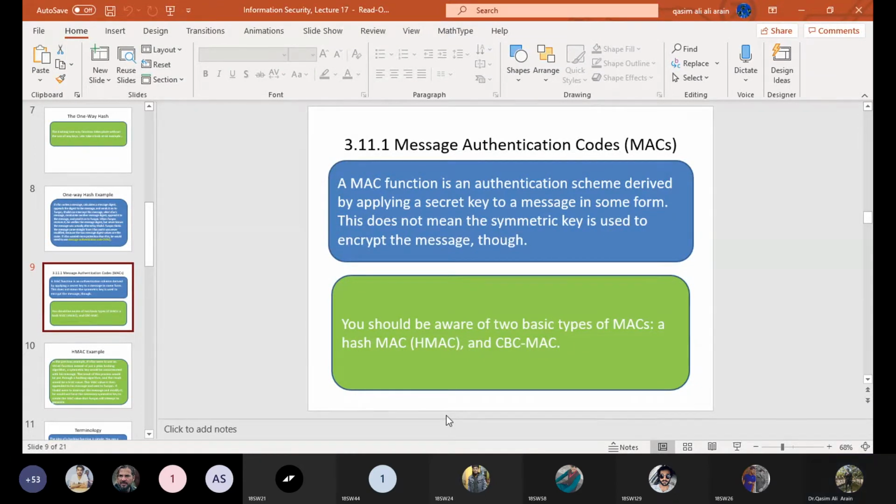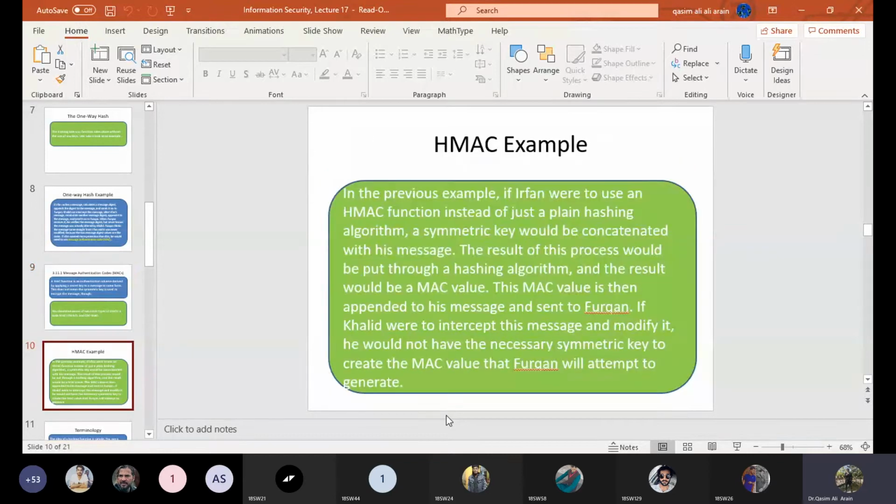So in this particular MAC function, what we are going to do, we are going to provide a secret key that is called a symmetric secret key that is being added in order to make your information more secure, right? So there are two types of MAC. One is called your HMAC, another one is called your CBC-MAC, right? Now what the HMAC is,